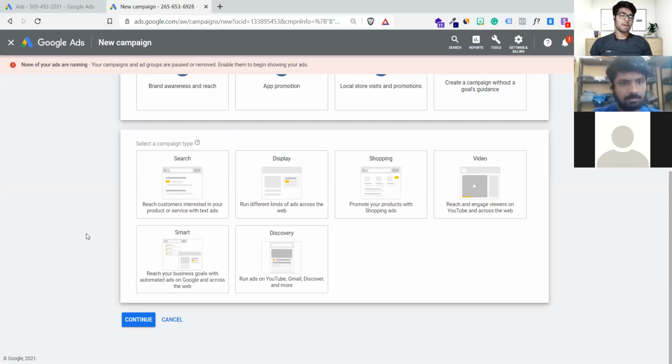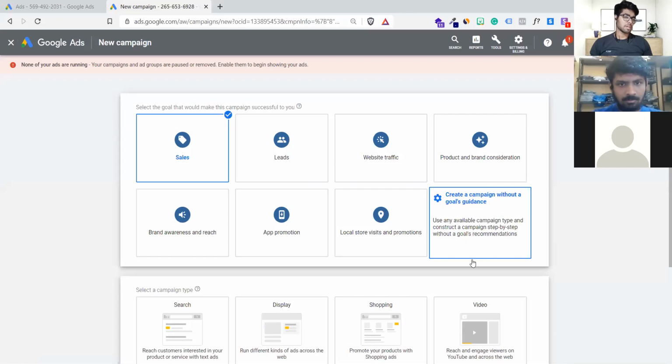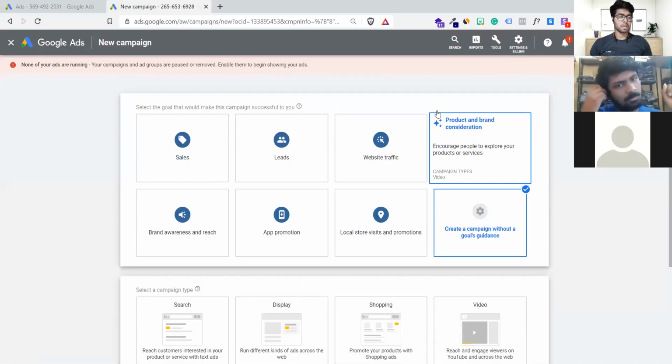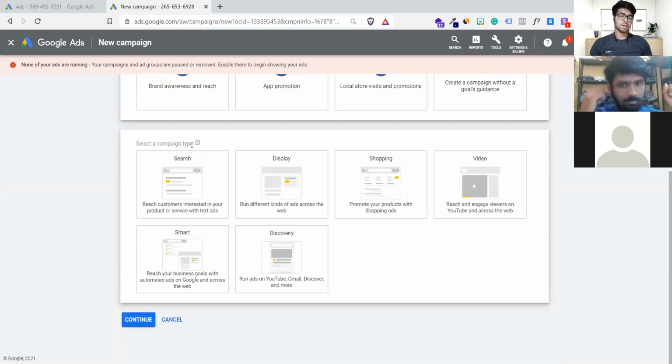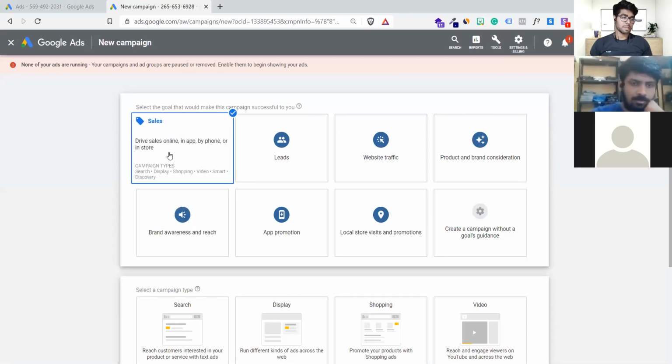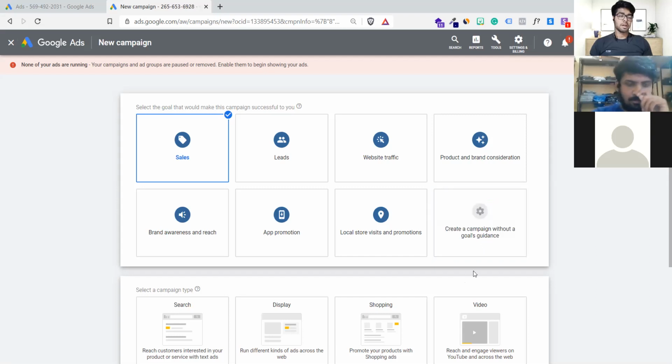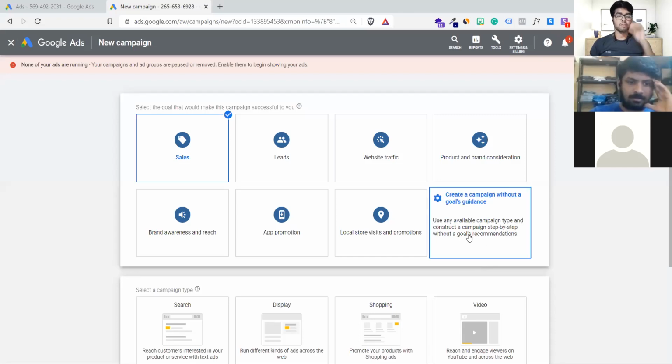Now what will happen when we choose to create a campaign without a goal's guidance? Can we not create any kind of goal, because you are asking this, right? Yes, you can, no problem. If you are very new and you don't know how to do it, this process will guide you step by step, and you could miss some important steps if you go here straight away. It's not a recommended way, and it will not guide you through the right procedures to create a campaign. It will be an independent process, and you have to create your own.